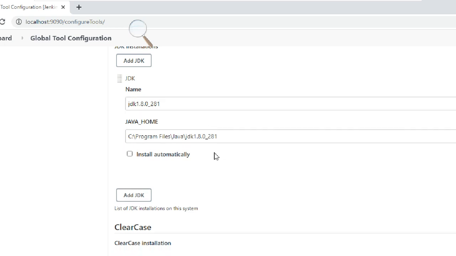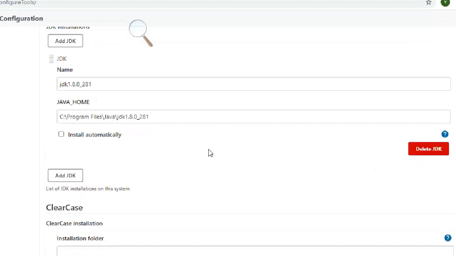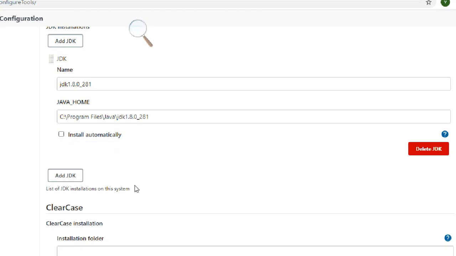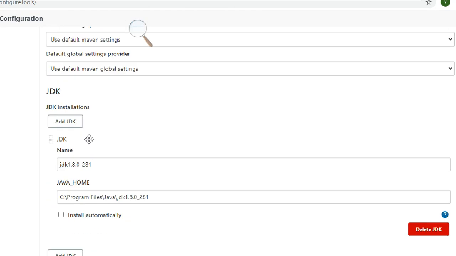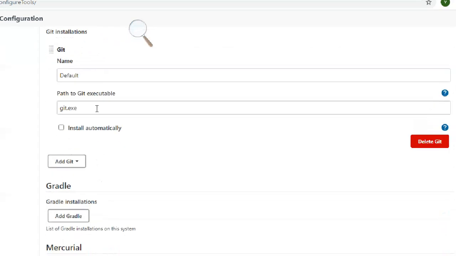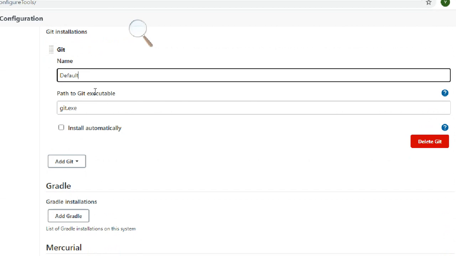Okay, JDK name, and this is the home directory. Installing automatically is add installer. This is not required, I just added it. That is my JDK. And if you want to put git or something like that, you can also tell. So what is your git name? Okay, so I'll put git.